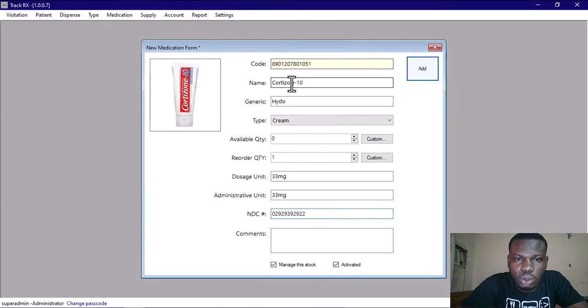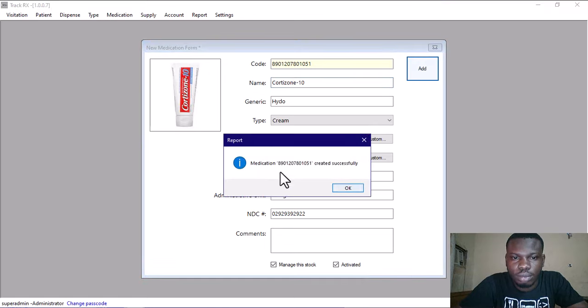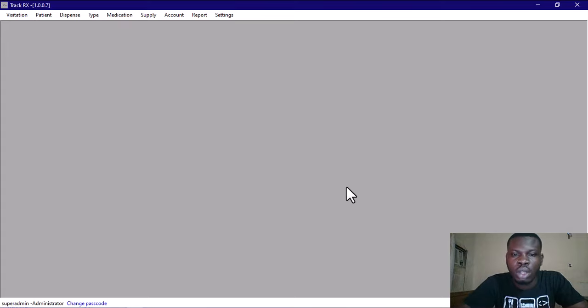Yeah, cortisone, not zone, cortisone 10. So I add. Medication created successfully. So the next thing will be to receive a supply, and to do that I'll go to